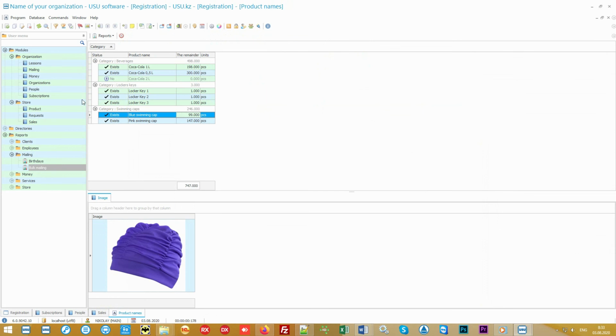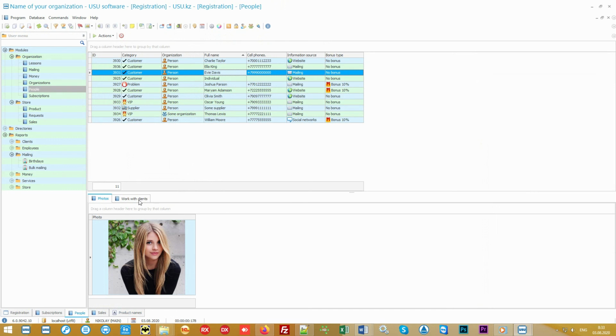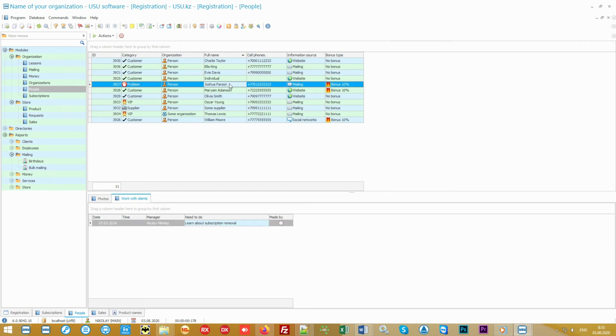Our program is perfect for both small organizations and large centers that have sales managers among their employees. Our software is implemented on the principle of CRM, a system of customers accounting and relationships. Your organization will even be able to mark all preliminary contacts and the results of negotiations with potential customers.